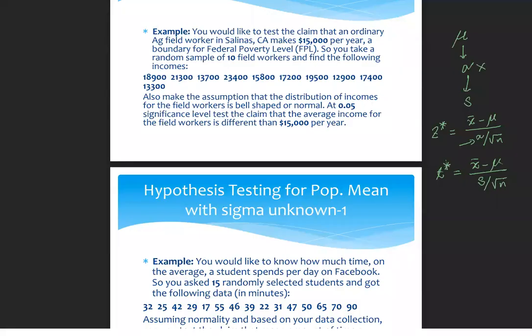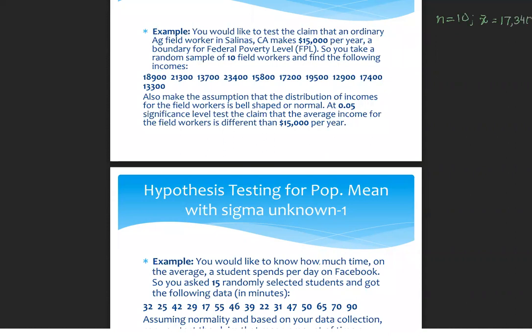You'd like to test the claim that an ordinary ag field worker in Salinas, California makes $15,000 per year, a boundary for federal poverty level, FPL. So you take a random sample of how many people? 10 people. So your sample size n is equal to 10. Okay, and you got this data where x bar, average of these numbers, is